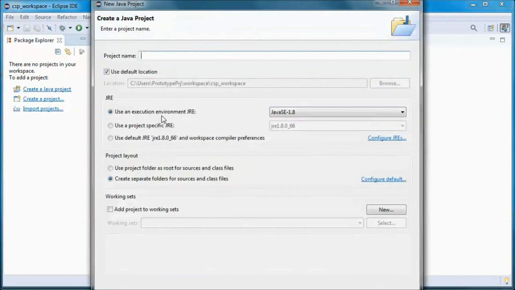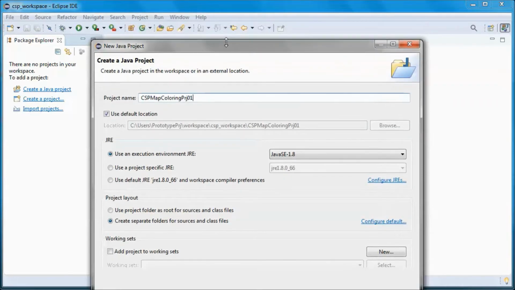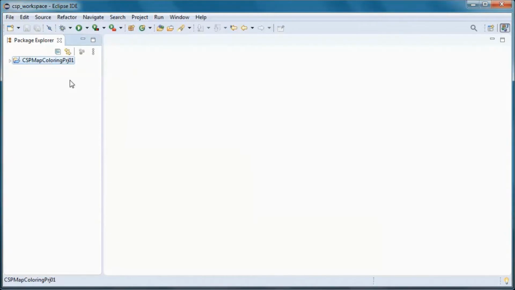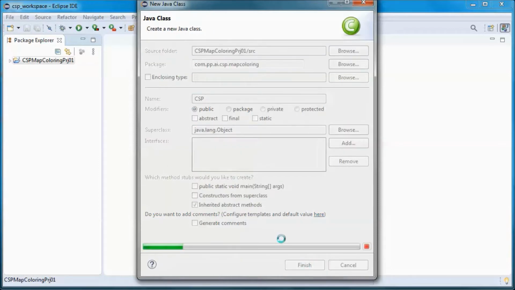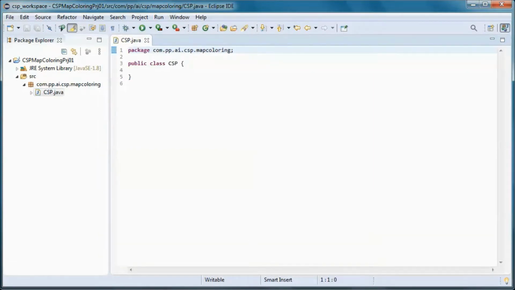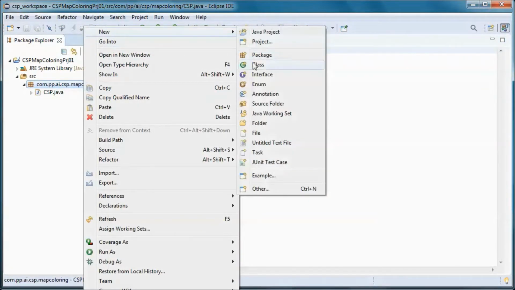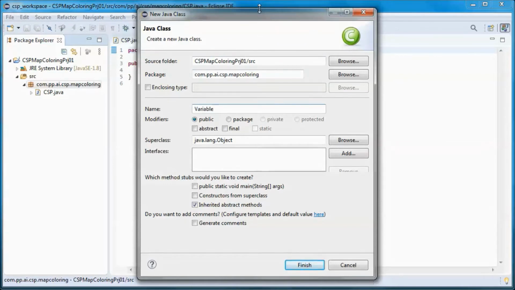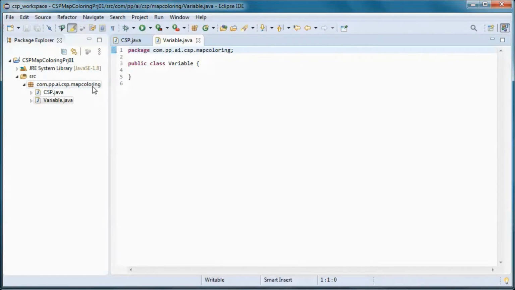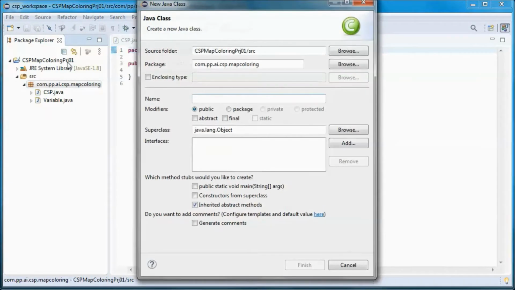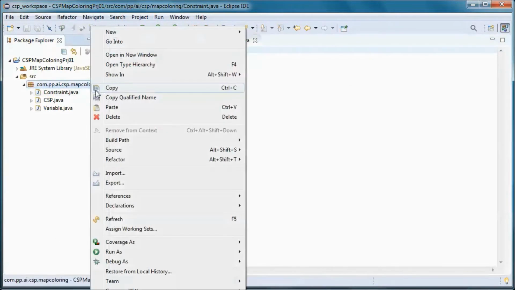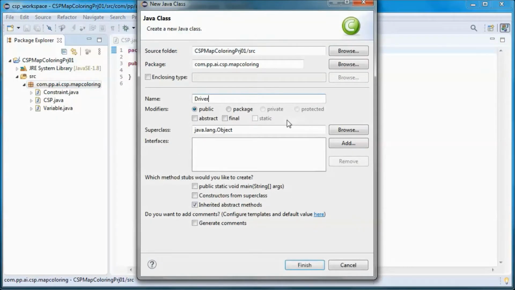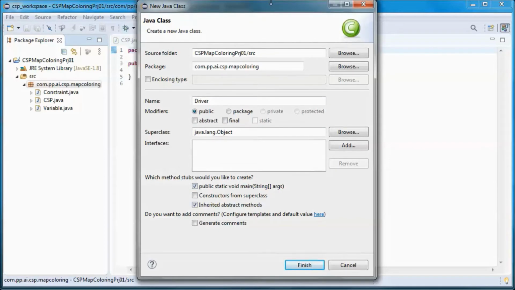I will start by creating a new project. And here we will have this class which will contain the constraint satisfaction problem, map coloring logic, and this will represent a variable, so a state in this case, and this one represents a constraint between two that must have different colors, and this one will contain a main method and will be driving the application,